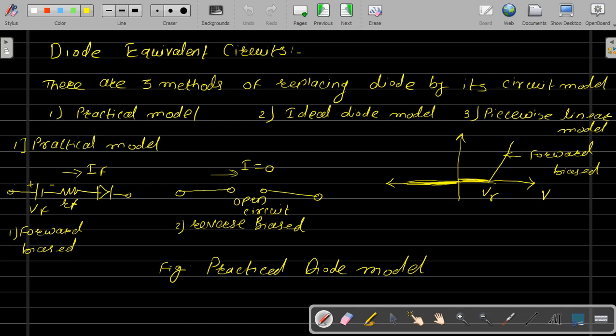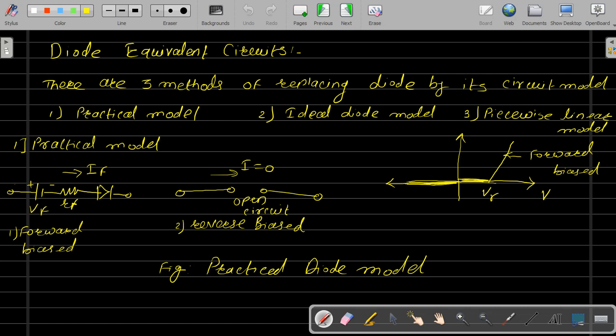We know that in a forward biased diode, the total voltage drop across the diode is Vf, which consists of a drop due to the barrier potential, which is almost equal to the cut-in voltage, and the drop across the internal forward dynamic resistance Rf of the diode. While when reverse biased, the reverse saturation current is very small and practically neglected. Hence, the reverse biased diode is practically assumed to be an open circuit, meaning IR equals 0, right?